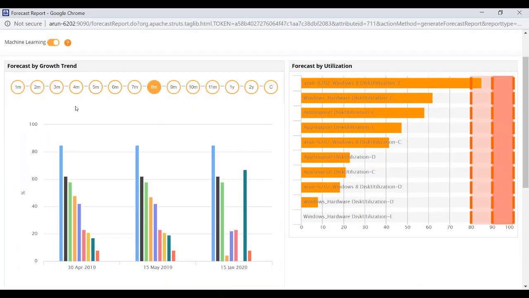So this basically allows you to even plan your budget based upon the future trends, how the trends are going to look like in the future, whether you have the capacity to accommodate these requests, handle these business operations when the values go beyond expected levels. So proactive resource planning is enabled with the help of all of these features put together. So I'm going to go back to the presentation again